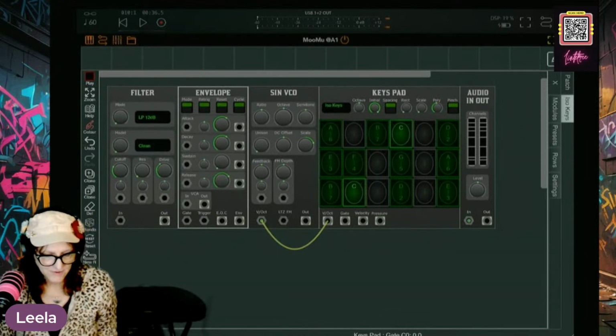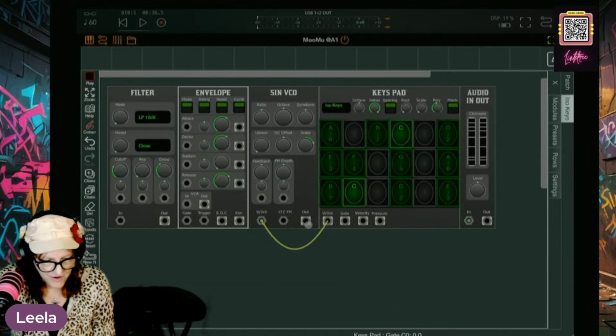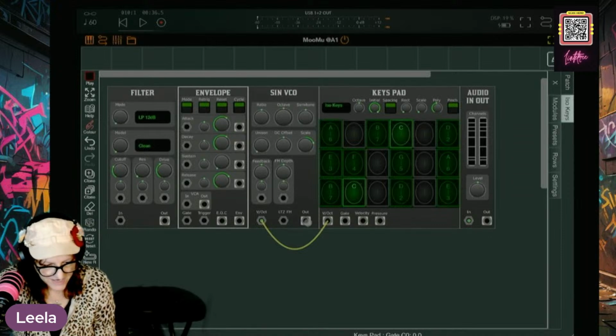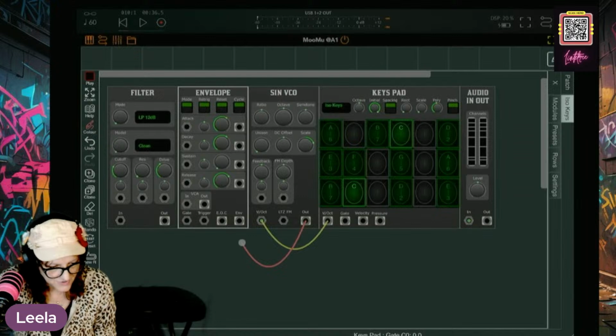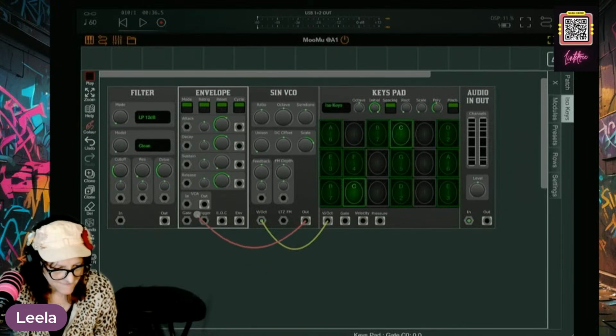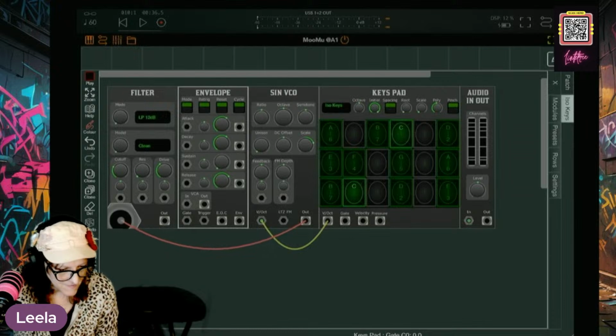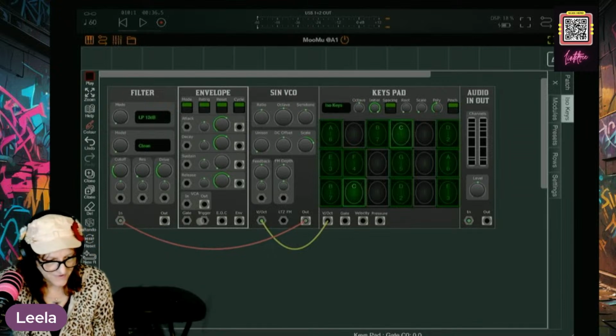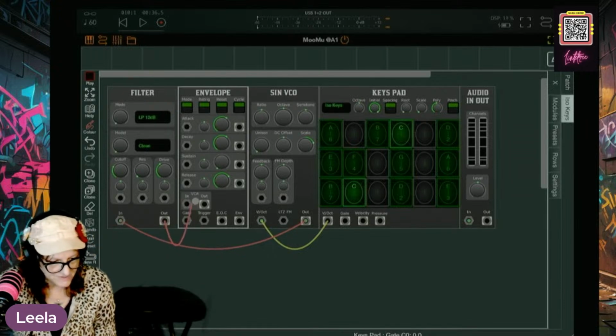So now you take the output. Once again, we're going to use red. So take this output and move it to in on the filter. And then the out from the filter into the envelope.